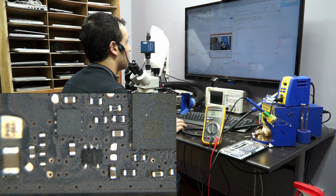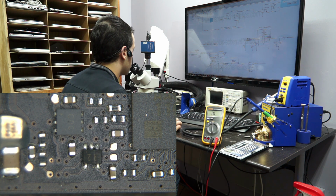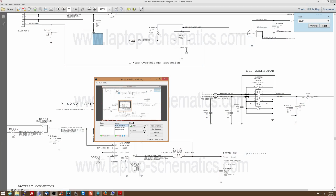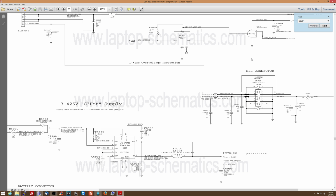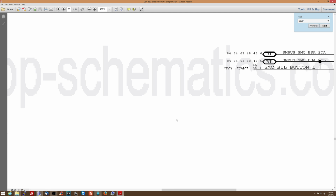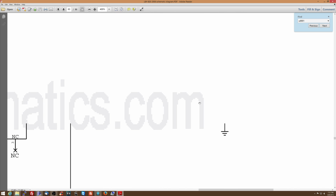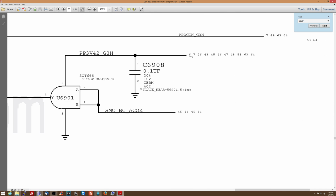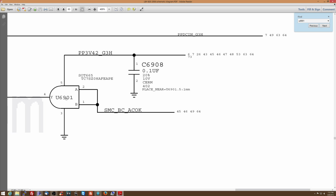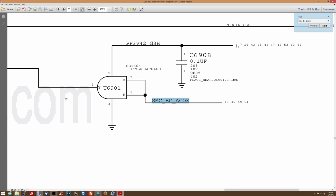Now it could either be this chip in the one-wire circuit here. Let me just go back to the schematic so that you can see. We're going to go screen quarter. So it could either be this U6901 chip. Where's my hand tool? Give me hand tool. Render faster. Okay, so SMC-BCA HAKKO goes to U6901. That could be shorted to ground. That U6901 could be. Or it could be